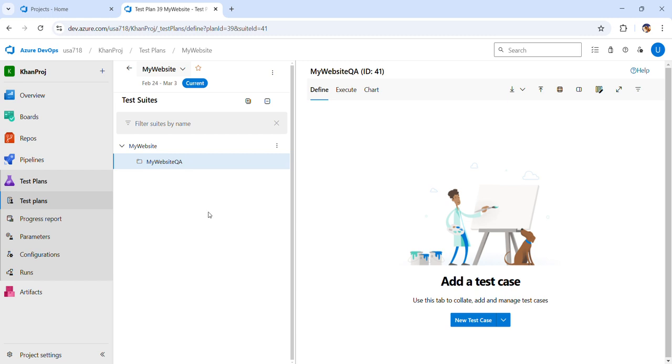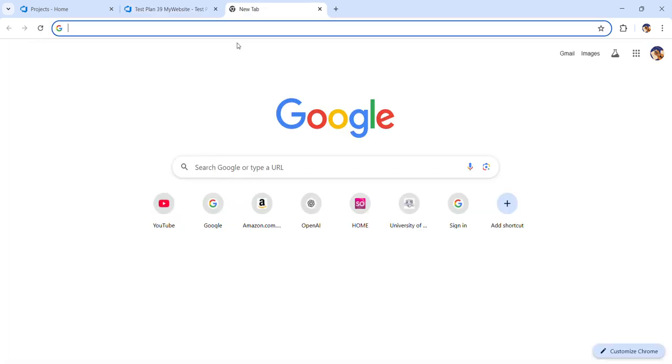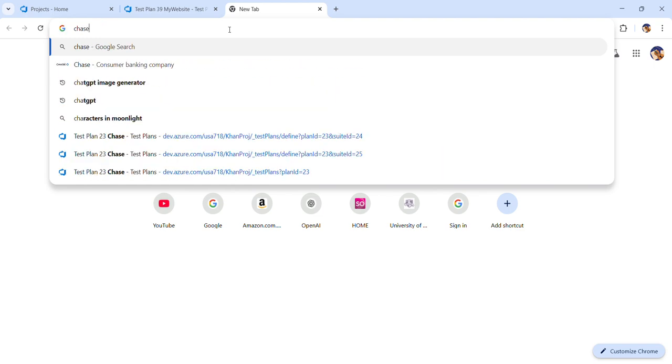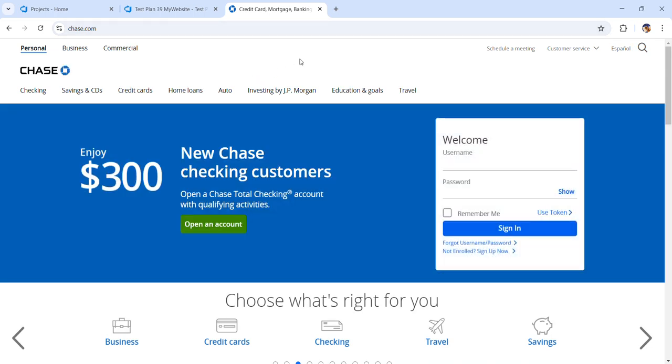Now you're going to create your test cases in Azure DevOps. To do that, click on the new test case button, and for demo purposes, let's say I want to create a test case for login to chase.com. Okay,